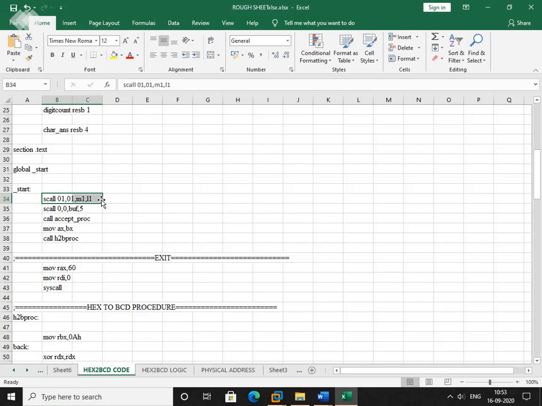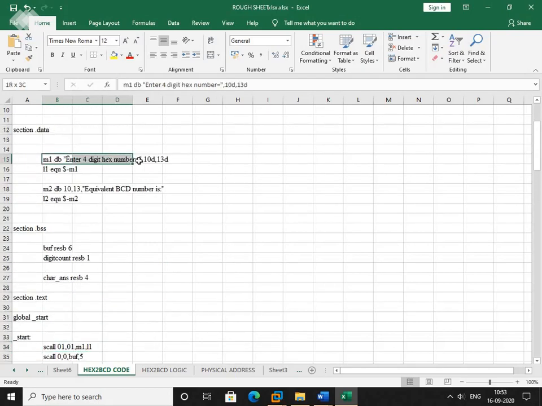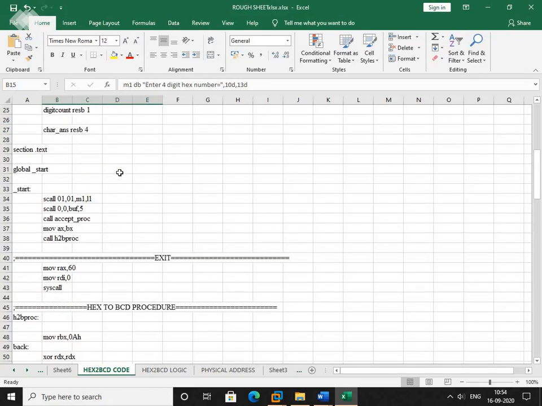M1 is the memory location name, it will consider the address, and L1 is the length of the string which is stored in M1, right? So that here the first message will get displayed, enter 4-digit hex number, right?